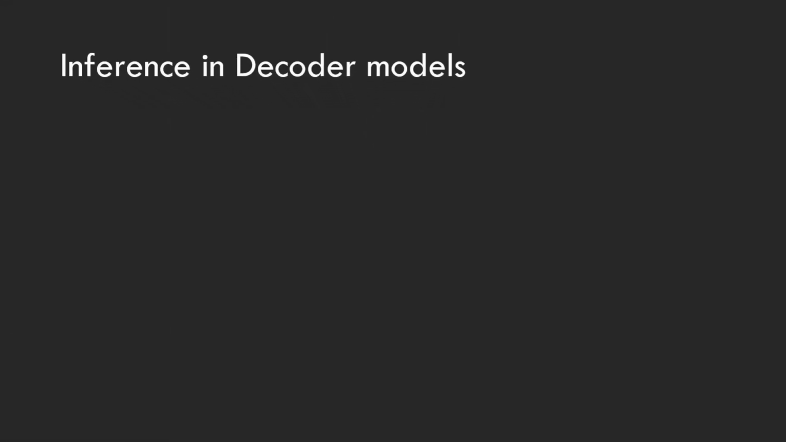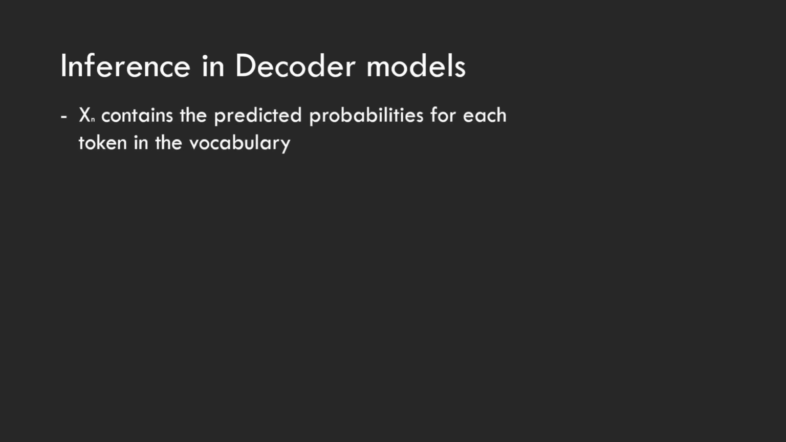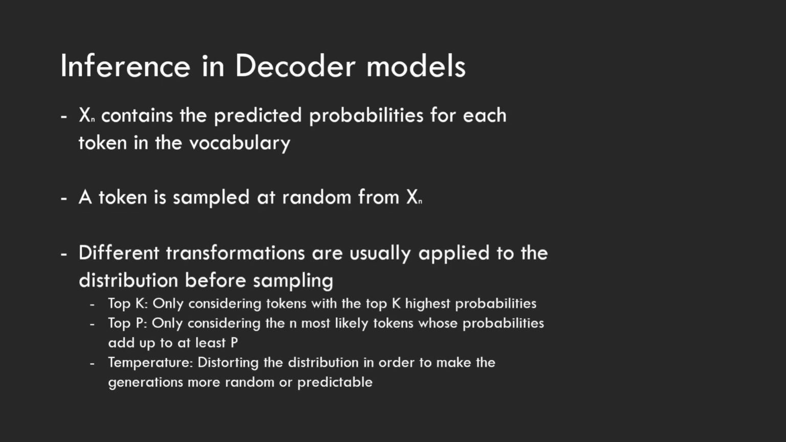Another point we haven't discussed yet is how we actually select the next token once we have the predicted probabilities. Let's say xn is the probability distribution for the next token. We could just use this distribution to sample a token at random based on the probabilities. However, in practice, different techniques are often employed to enhance the quality of the generated text. These techniques include top k sampling, where we only consider the top k most probable tokens, top p sampling, where we only consider the top tokens whose combined probabilities surpass a certain threshold, and temperature adjustment, where we tweak the